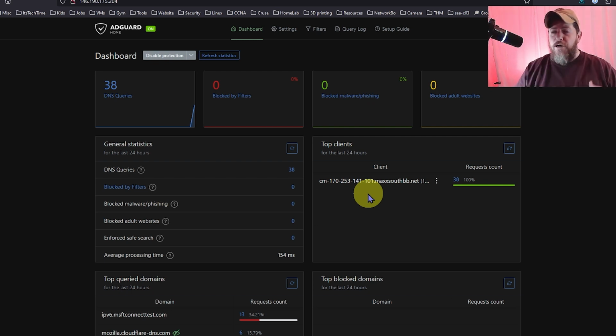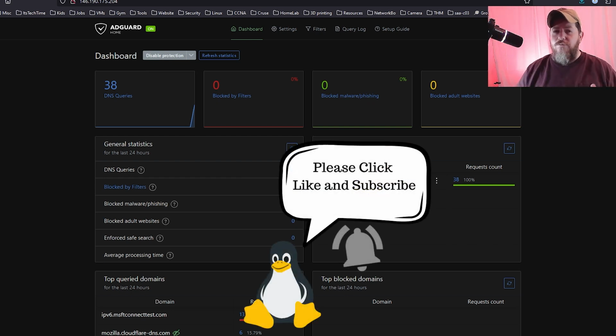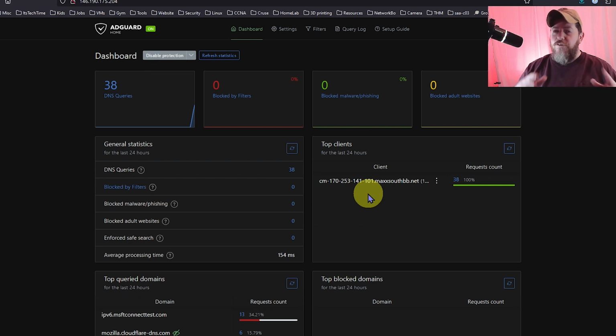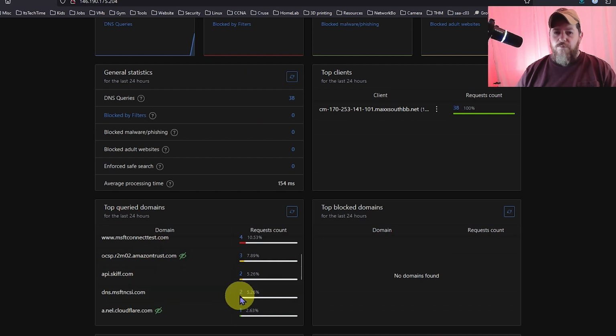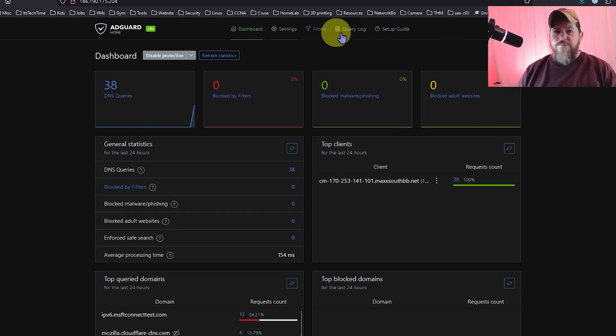Now, because every router is completely different in how you do that, I would suggest you do a search online for your router type and how to change DHCP, to look for instructions on how to do that on your home router. But as you can see, it's already blocking stuff coming from my Firefox browser that I'm on. And for a lot of people out there, this might be as far as you want to go on it,